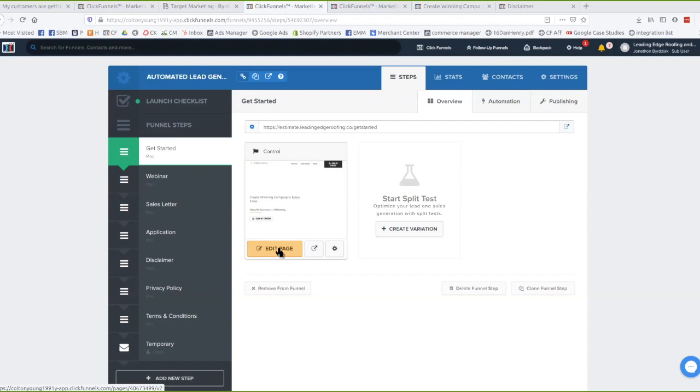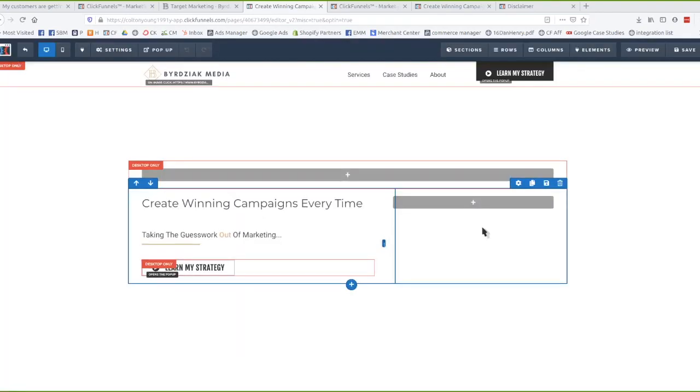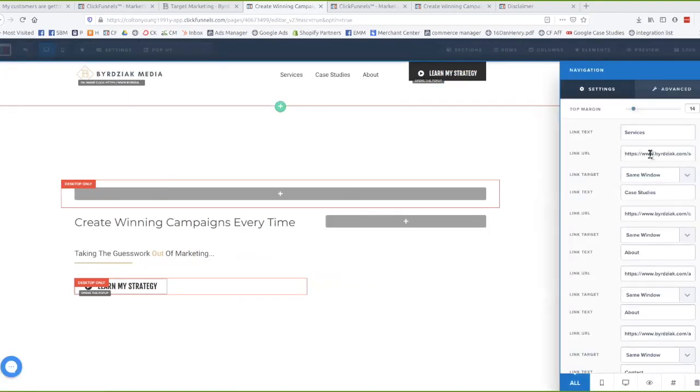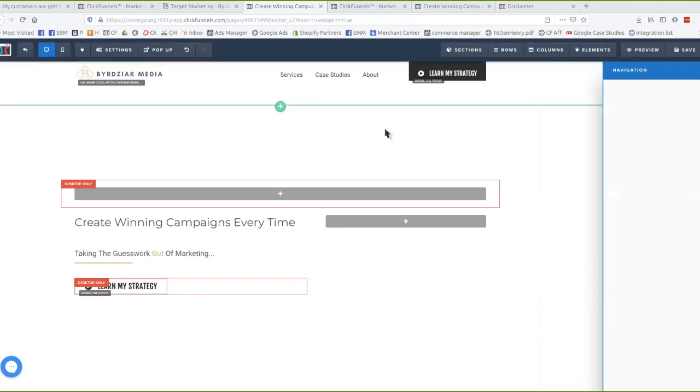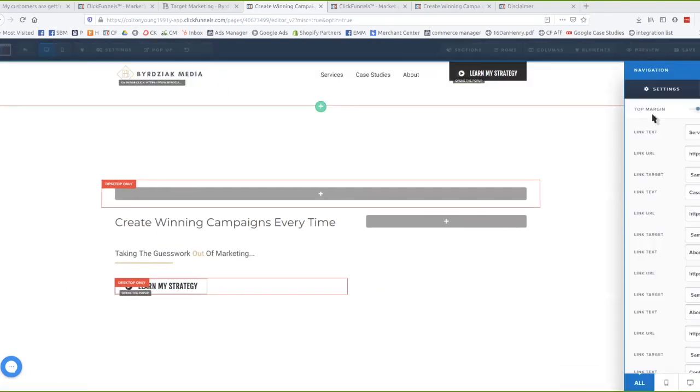Now, if I want to edit my getting started page, I would open it. And this is my navigation menu. So I'm going to click on settings. And now you can see all of my pages here. And I can put in the step specific. Remember, that's the step specific URL for that page. Okay. And now, if I were to click on whatever link I just updated, let's say services,